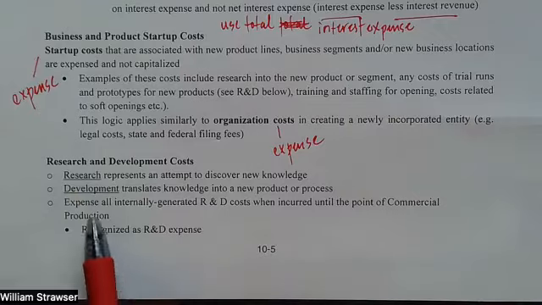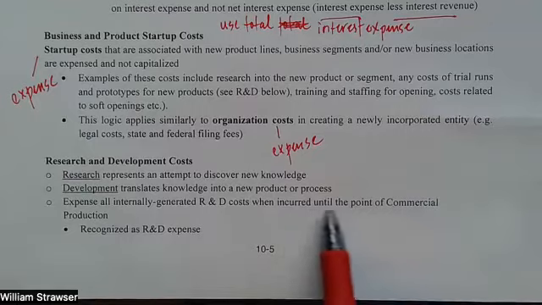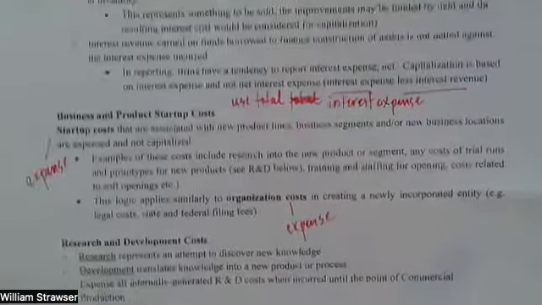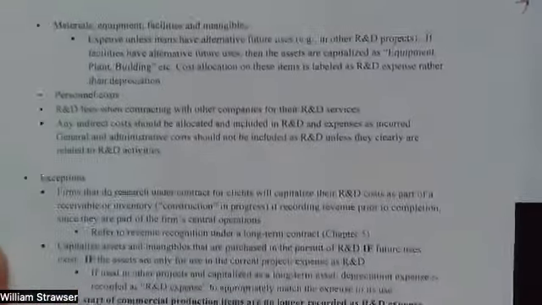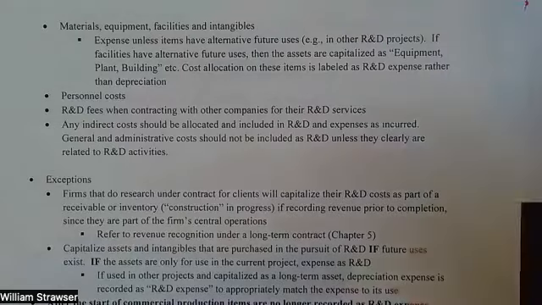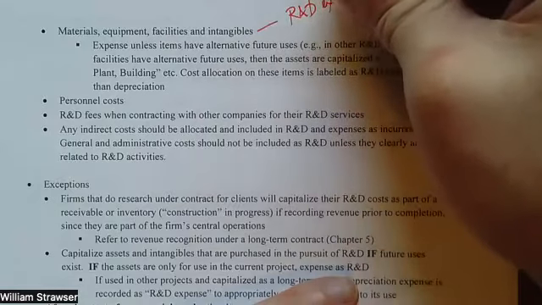So we expense any internally generated R&D costs incurred up to the point of what we call commercial production. That means that every expense is recognized as R&D expense. This includes any materials, equipment, facilities, and intangibles. All of this is R&D expense. There is an exception